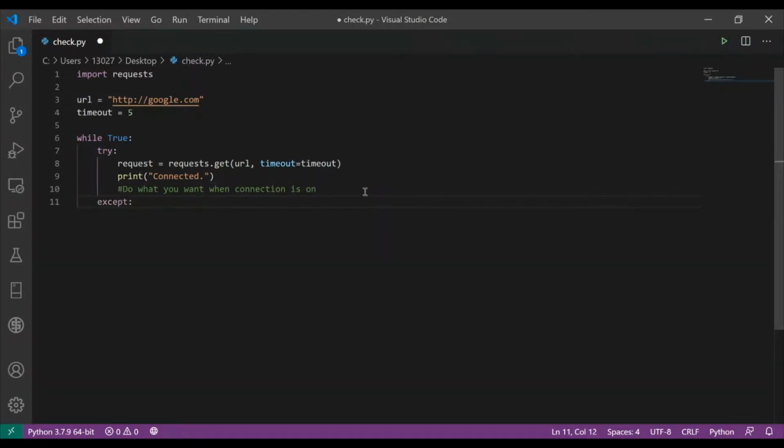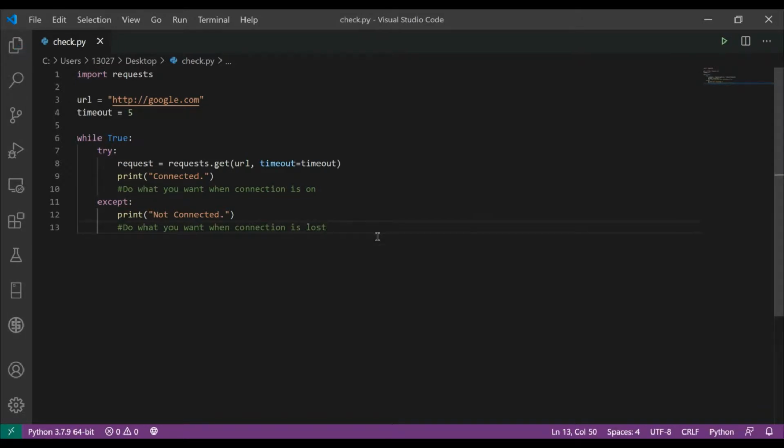Because requests will automatically give you back an error if Google isn't responding, here we're just going to print not connected. And then again, I'm going to add a comment: do what you want when connection is lost. So here you can add your code. Maybe you want to run a script starting a server or stopping a server, anything like that. You can add your own code here, whatever you want it to do.